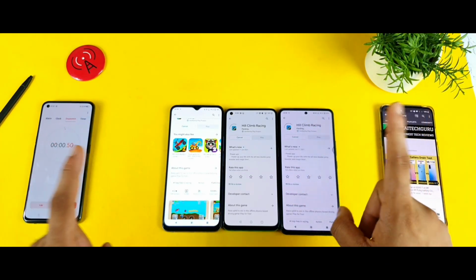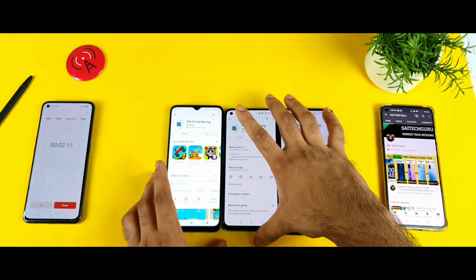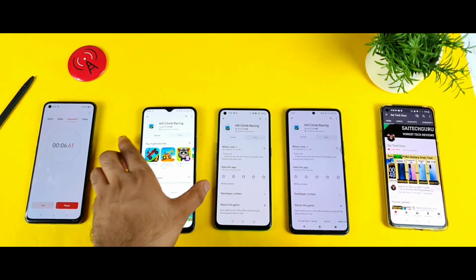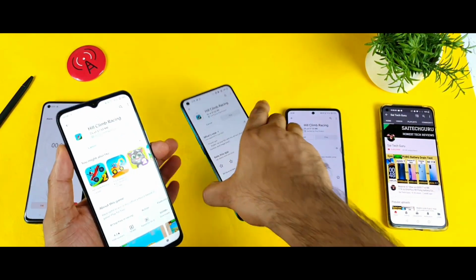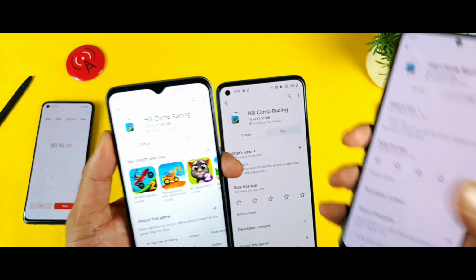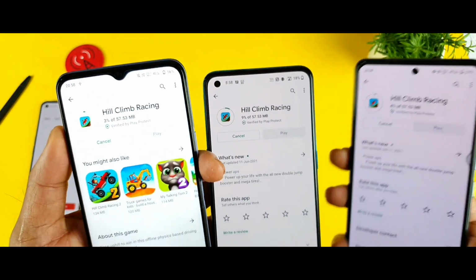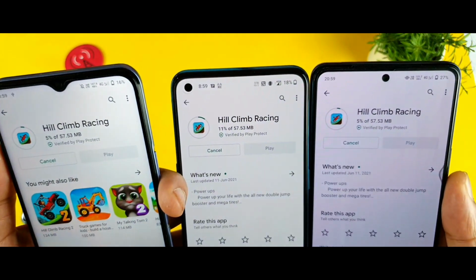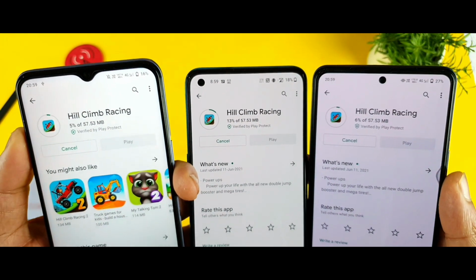Yes, I did click at the same time. You saw in the camera, friends, I did click at the same time. So thank God. Now let's see the speed test. Let's compare the speeds we are getting between all the phones. That's what I'm going to show you, friends. Try to focus on the net meter present on the top notification bar, to see which phone has got what kind of speeds.